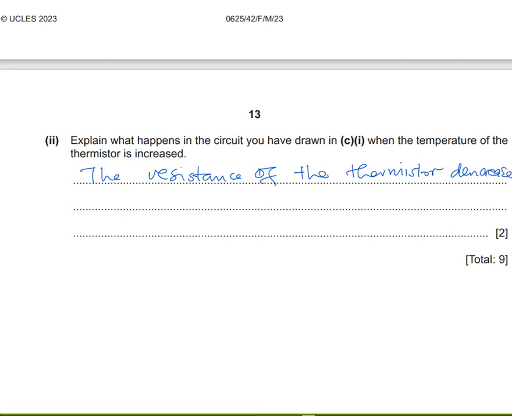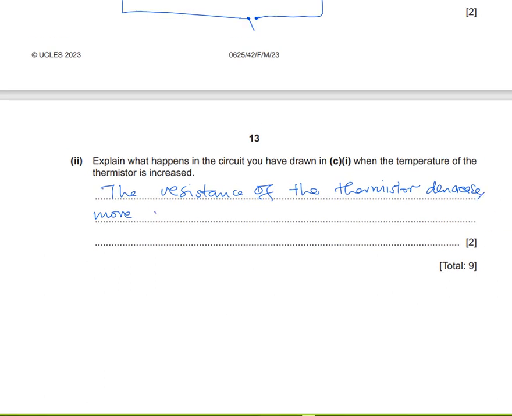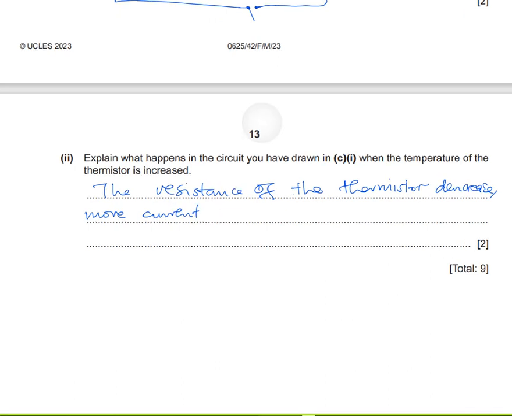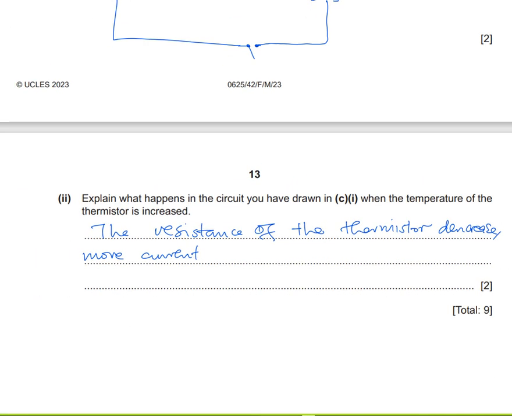But of course, when the resistance decreases, more current flows. More current will flow in the circuit. More current will flow in the lamp